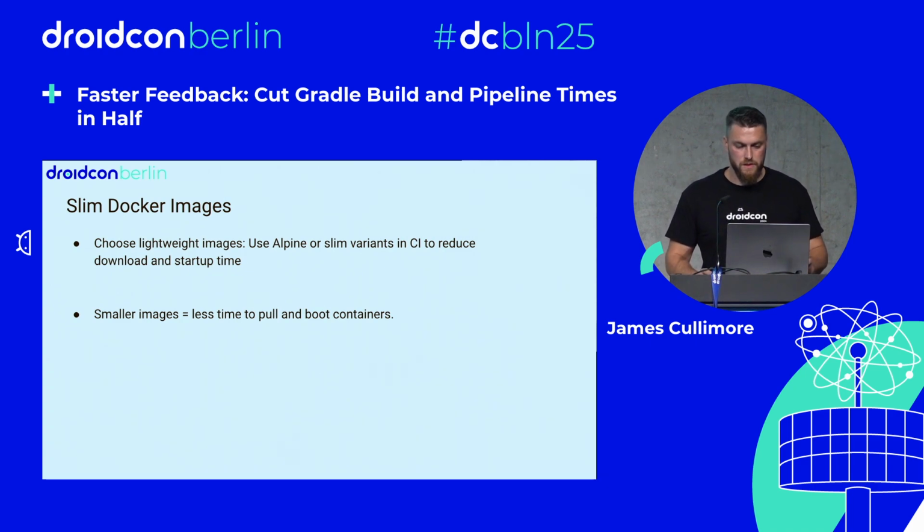Most managed services like Bitrise, GitHub Actions, or GitLab runners already provide optimized images, so you don't have to do anything here. But if you're defining your own CI image or using an old image from a previous project, this is a low effort optimization. Here's a small tip: start from an official Slim or Alpine variant wherever possible. Remove unnecessary tools or SDKs to keep it lean, and a leaner image also reduces caching overhead. Smaller layers means faster cache checks and restores, further speeding up your builds.